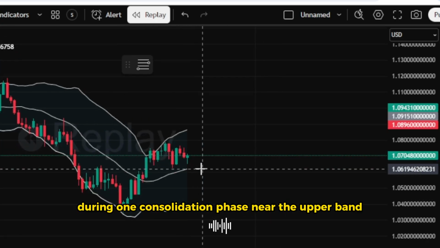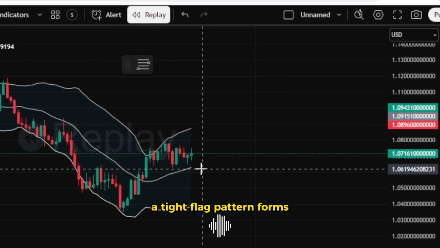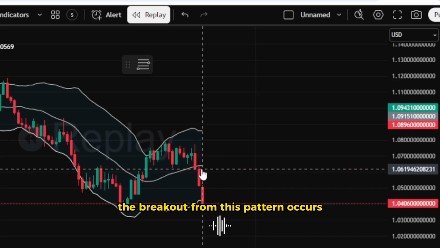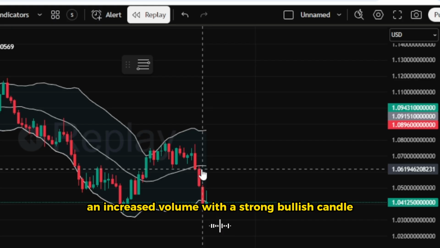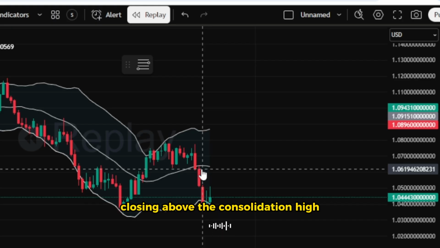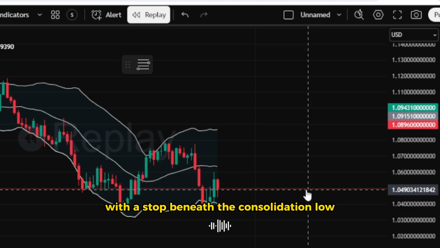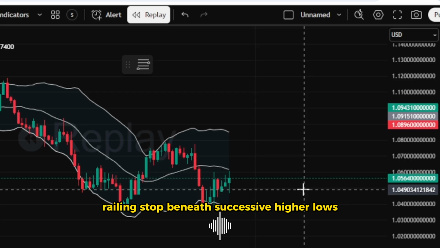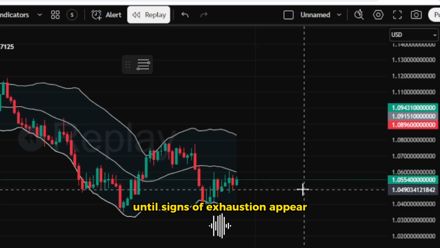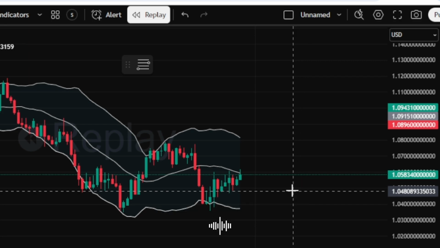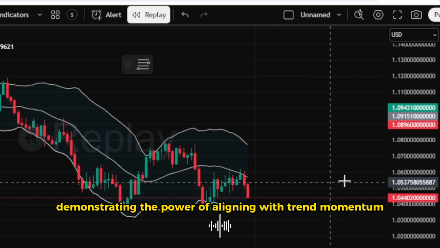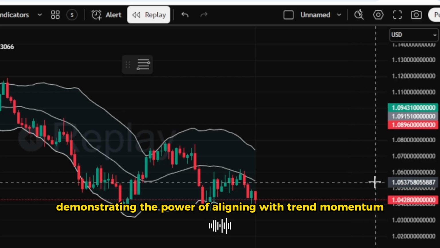During one consolidation phase near the upper band, a tight flag pattern forms, accompanied by declining volume. The breakout from this pattern occurs on increased volume, with a strong bullish candle closing above the consolidation high. A trader enters long with a stop beneath the consolidation low, near the middle band. The position is managed through a trailing stop beneath successive higher lows, capturing the continued advance until signs of exhaustion appear. This disciplined approach yields significant reward relative to risk, demonstrating the power of aligning with trend momentum rather than attempting